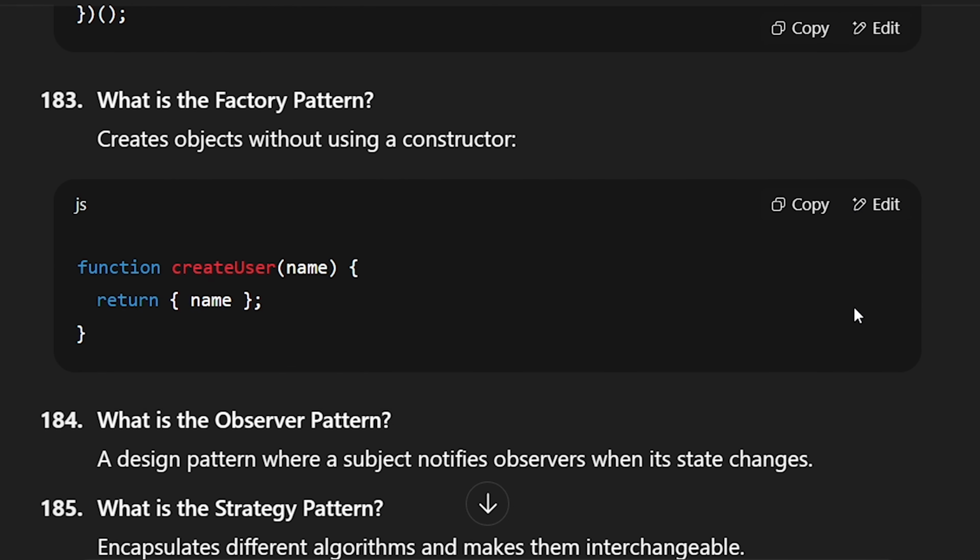183. What is the factory pattern? Creates objects without using a constructor. function createUser(name) { return { name }; }